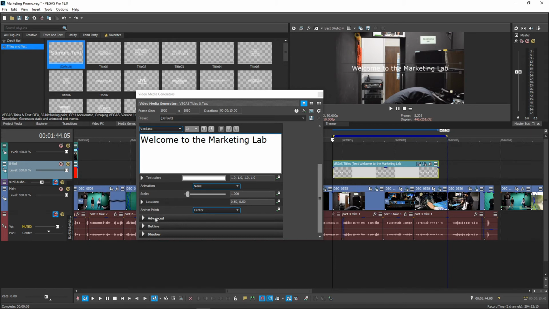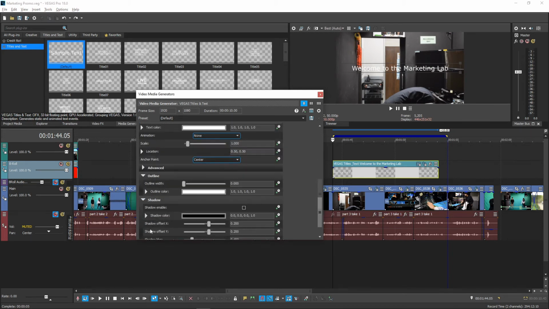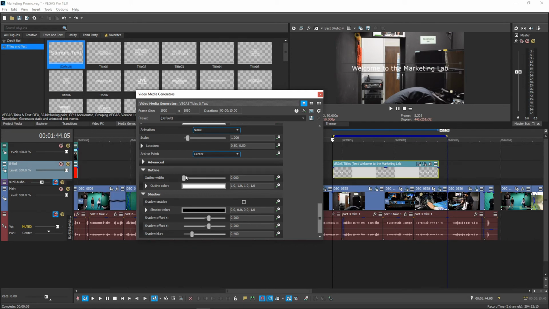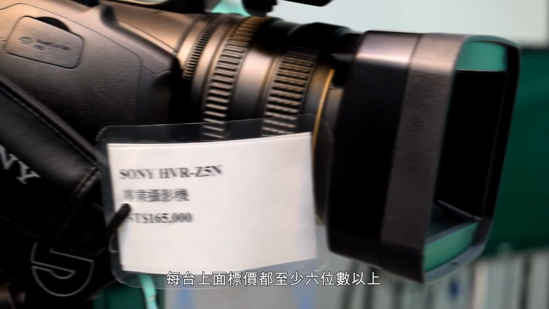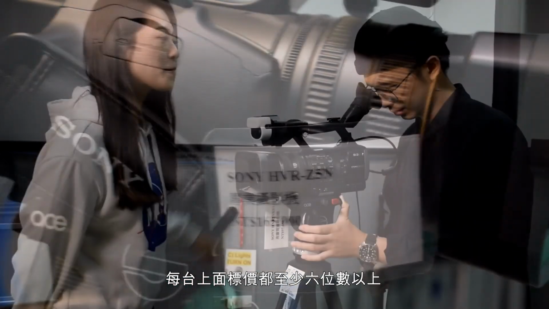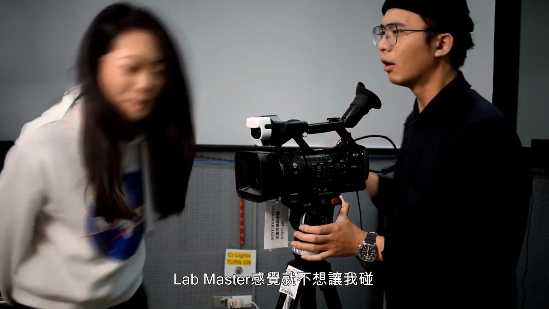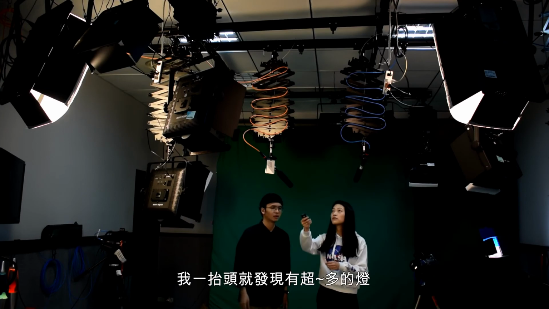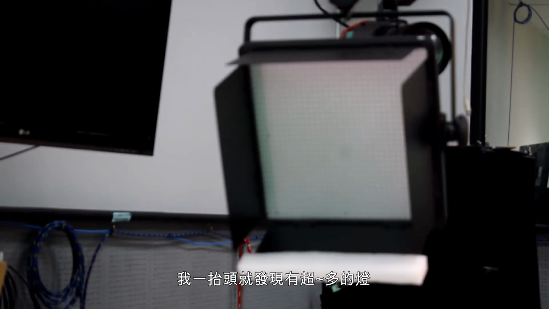We're gonna skip advanced and come down to outline and shadow. In outline, you can choose outline width and color, and this helps create a border around your text so it stands out and looks sharper, especially against a messy background. For example, in our Marketing Lab promo, our subtitles all have a black border so they can be read clearly.